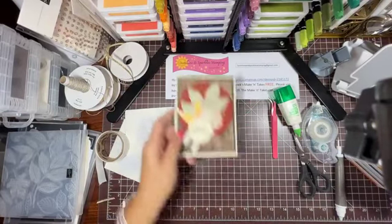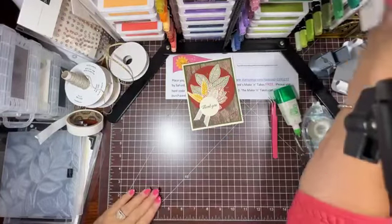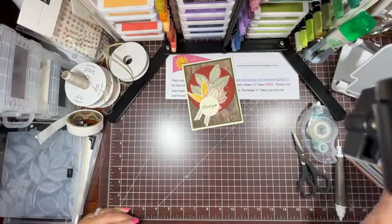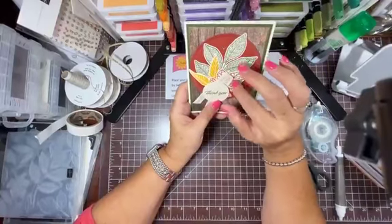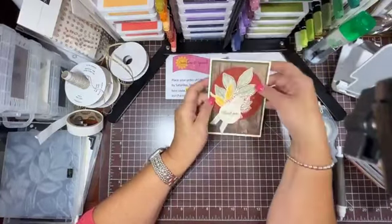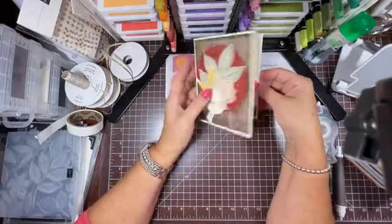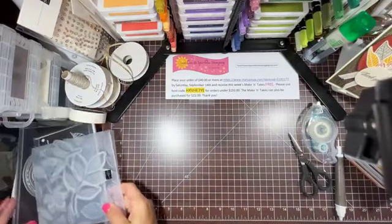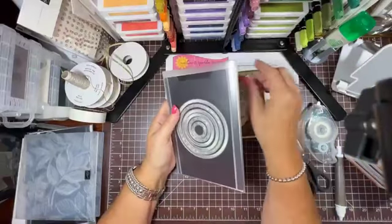So the next one, I thought, all right, let's bring in some of that Country Woods Designer Series paper and make it kind of a little bit more rustic. And then I wanted to use the stamps this time to actually stamp the leaves. So I did stamp them. So this is our card here, and I just used a little bit of Designer Series paper on the inside. All right, and again with the Very Vanilla. So let me get out our pieces. The other thing I added was,